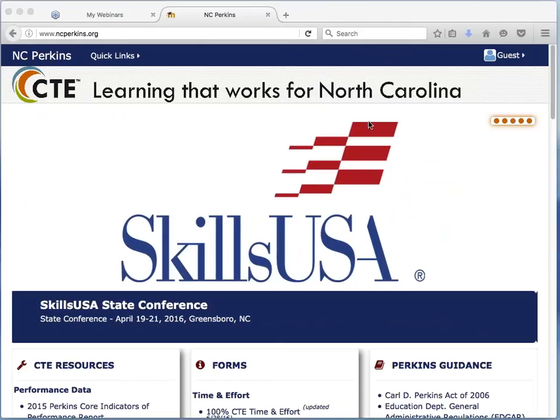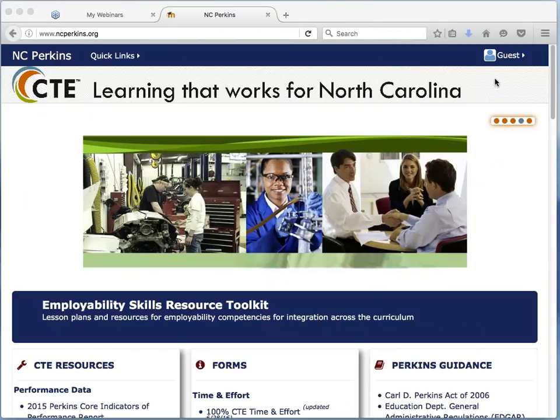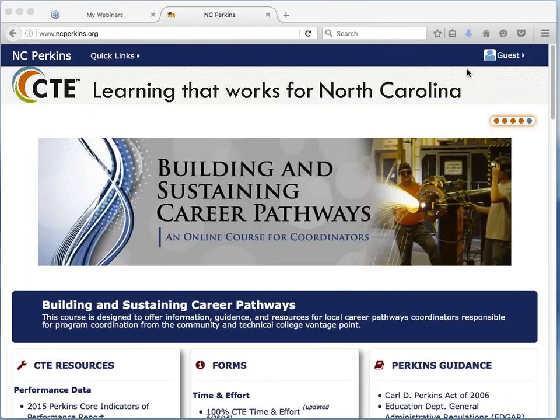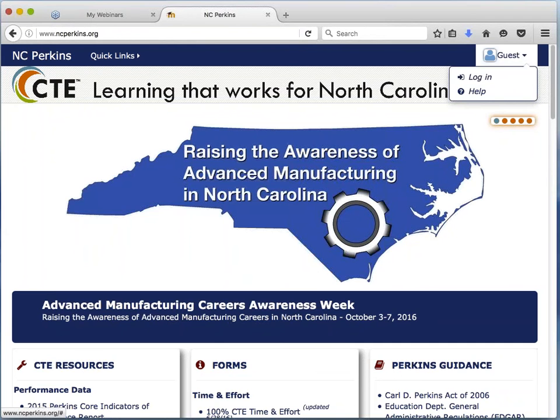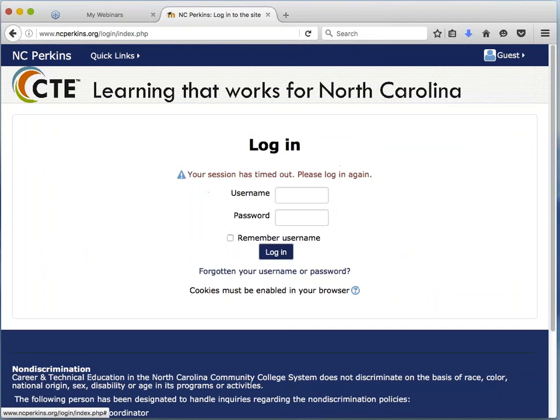so as we move on, for the local plan and budget, we will be using our Perkins online data system in Moodle to collect the documentation for that. And so the first thing you will need to know is that each college has a login, and the username is some variation of the name of the college. You don't use your personal Moodle account here. You actually will use the college account to submit your local plan elements.